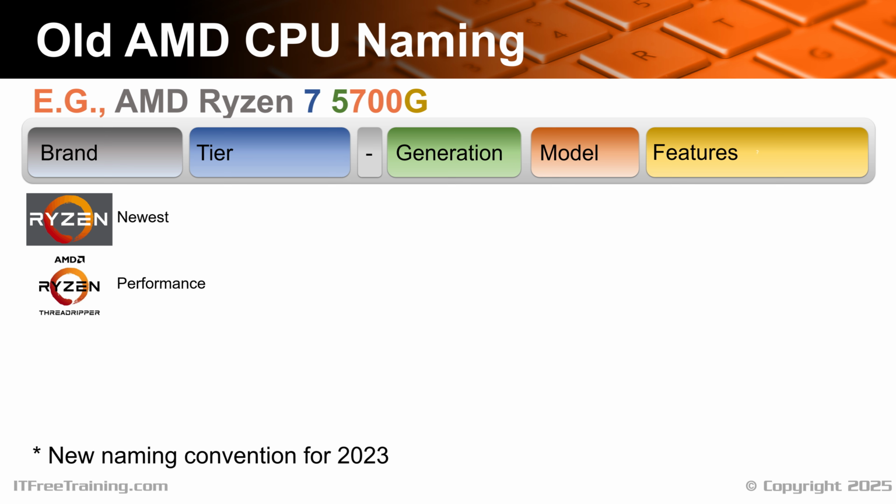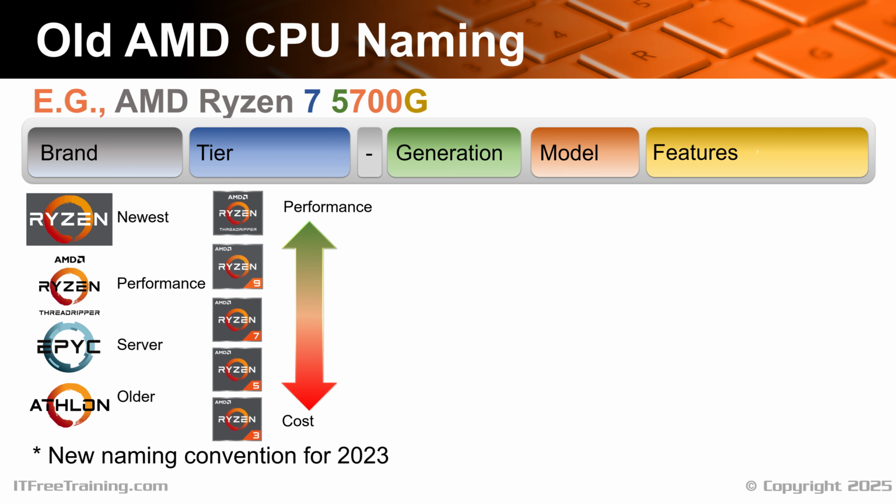For servers and workstations, AMD has the EPYC line of CPUs. These CPUs use less power, have better security to prevent data breaches, and are designed for server applications. Since these are specialized CPUs, you'd only use them in servers and certain workstations. For desktop computing, you'd stick with the Ryzen product, including the Threadripper if you can afford one. You may also see Athlon CPUs. This is an older product line and is being replaced by Ryzen. Thus, you'll only find it in older computers.